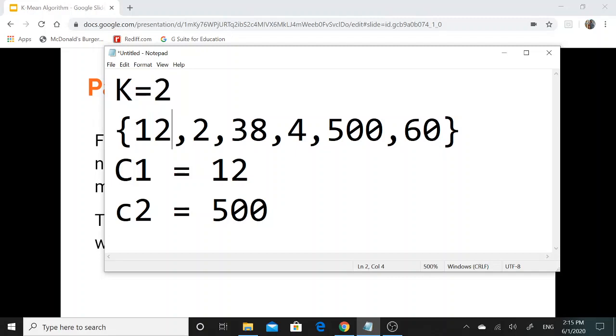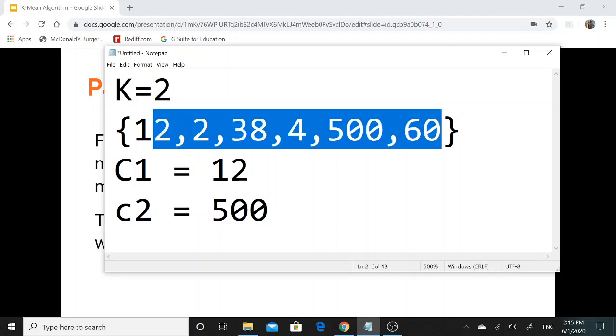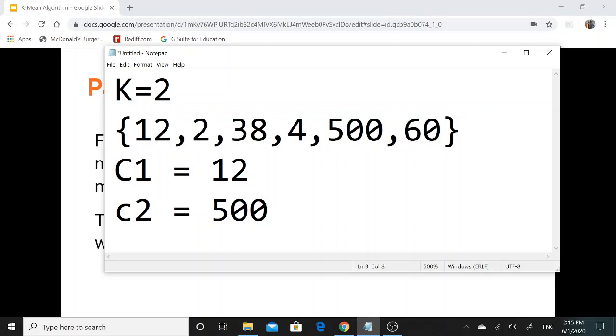Then initially, since I need to perform 2 clusters, any random value from these given data sets will be considered as the mean, so I will pick any random value.